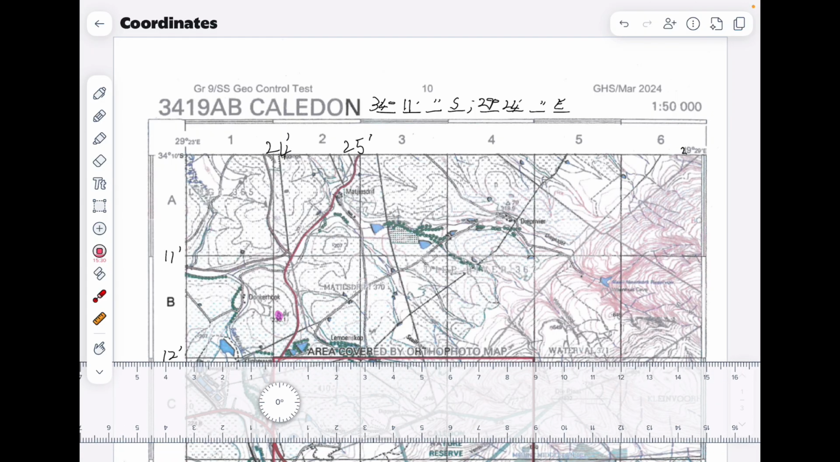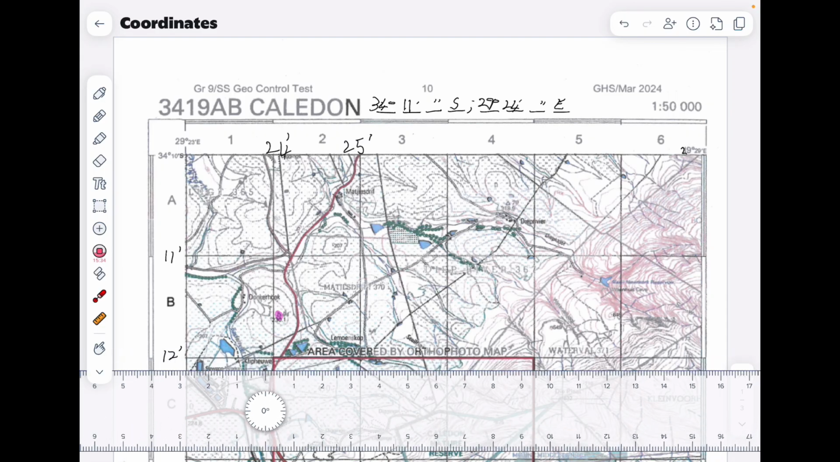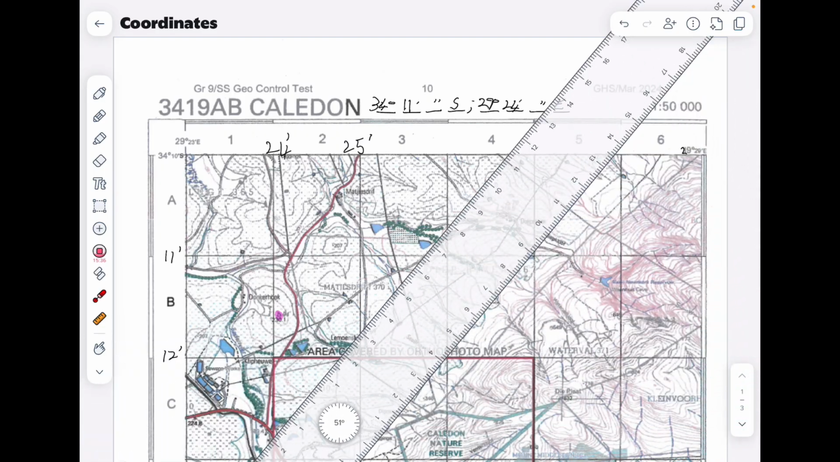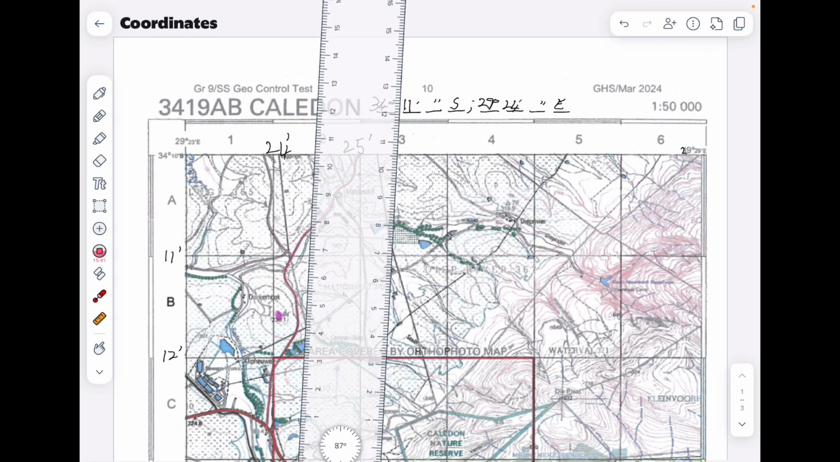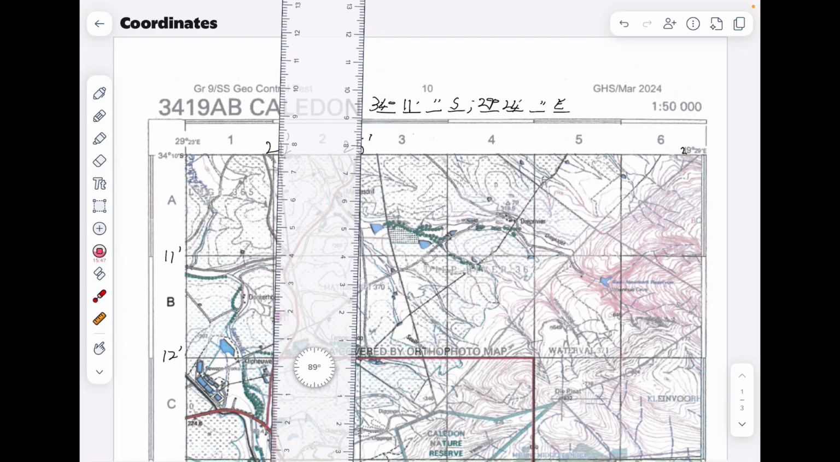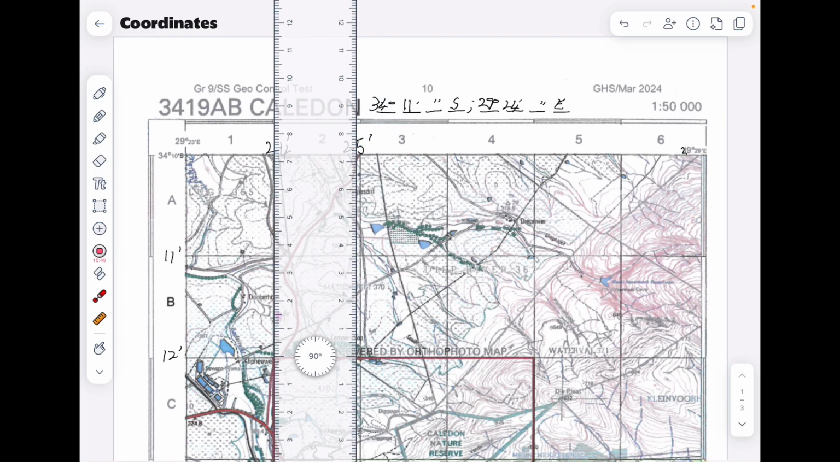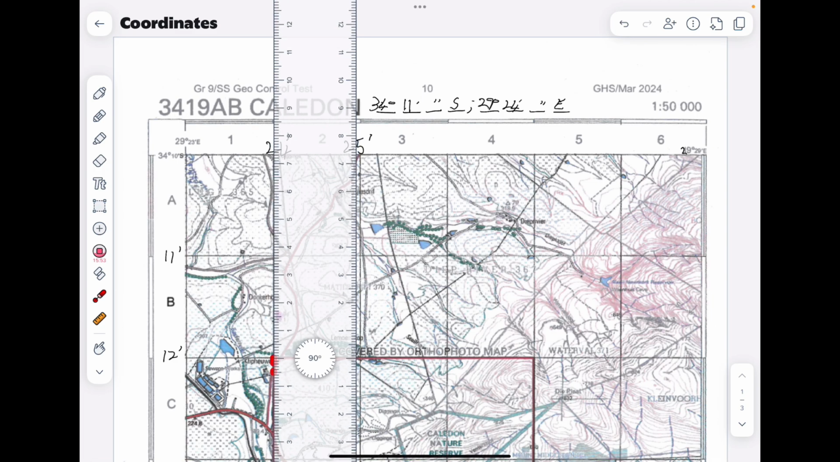So the very first thing you need to do is figure out what's the distance between each line. So for example, if we're looking at our degrees of latitude, how much space is there between this line and this line? We're actually going to take our ruler, put the 0 in line with the one line over here, and then we need to measure this line over here. And we can see that that is